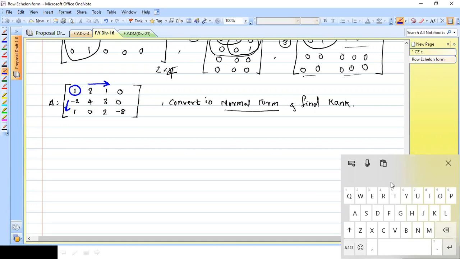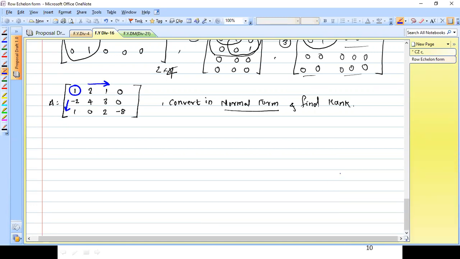Someone please mute yourself, we are getting voice. Okay. And to make the left elements 0, you need to use column operations. Next, the same thing: make the second element 1, then all elements below it 0, then the right-hand elements 0. Then the third element, whatever it is, you need to make it 1, with nothing below to make 0. Here no elements exist below, but make the right elements 0. So that is the way. Once you go that way, you will get your normal form.